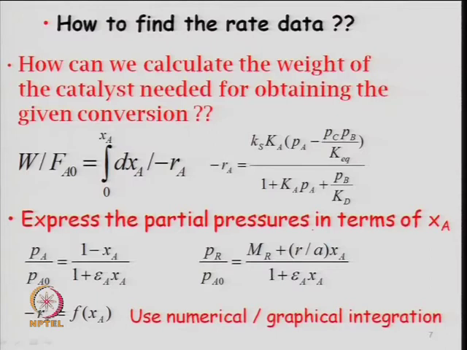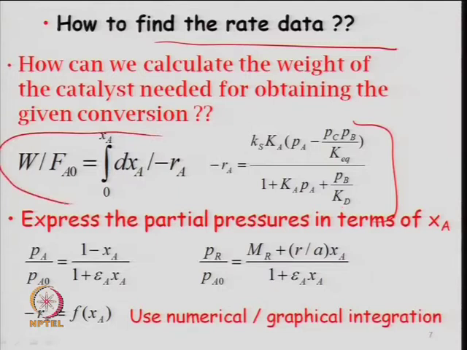So, we have now done how to find out the rate data. Once the rate data has been generated, you need to find out the kinetics, but you have to devise the mechanism already. Based on the mechanism you have postulated, you have done the experiments and observed the rate, and now you are doing model discrimination, with the different models which were assumed in the last lecture. Based on that, you now have to validate those models. So, this is what you have generated experimentally: W by F A naught is equal to the integral from 0 to X A of d X A upon minus R A.